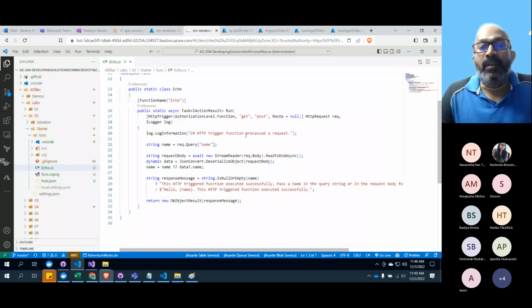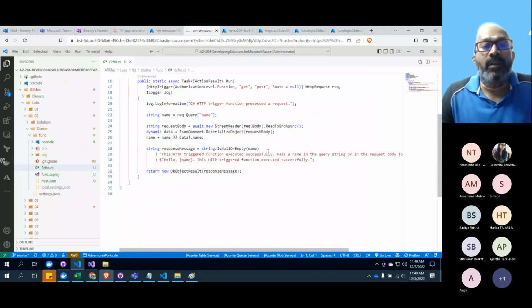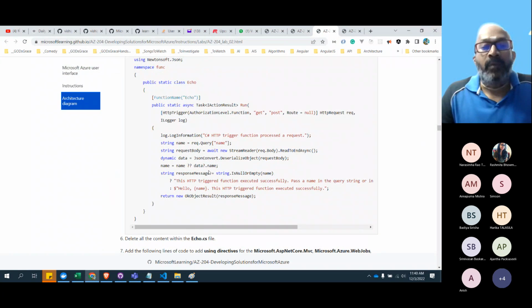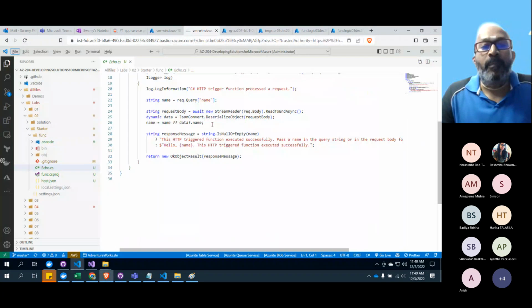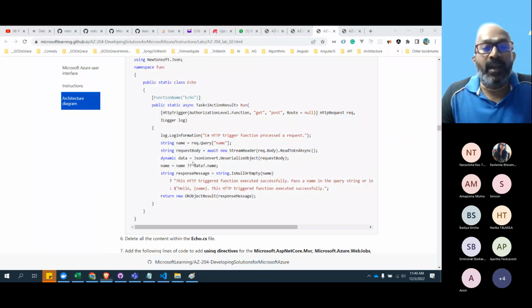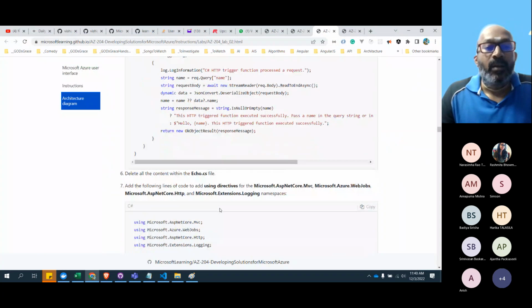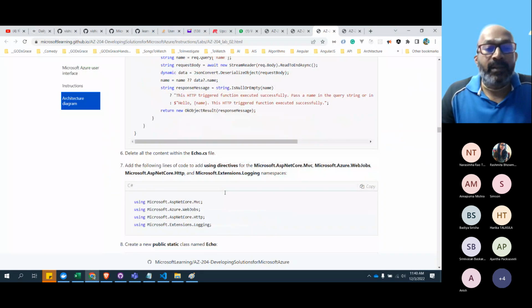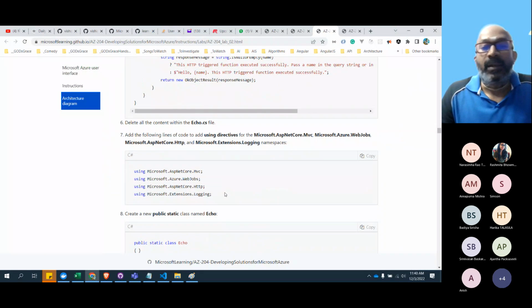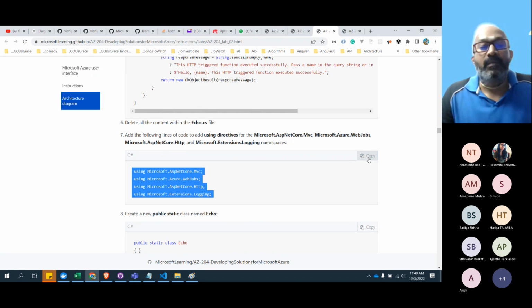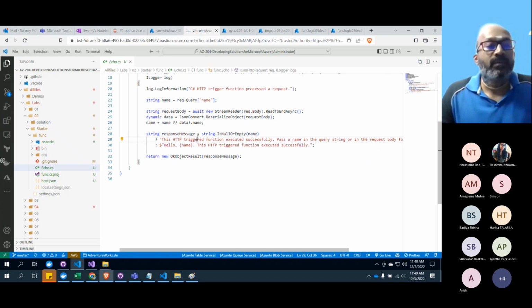We are using get and post requests, and we are retrieving the query name. And maybe we are wishing that guy. That's what it is. OK, delete all the code inside this. Let's copy this.